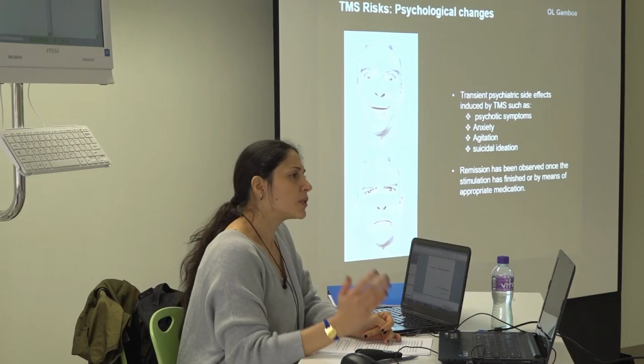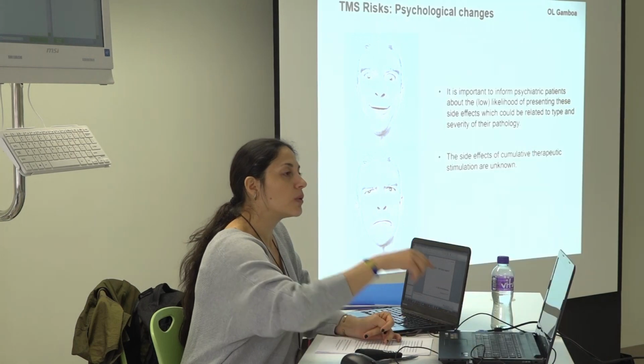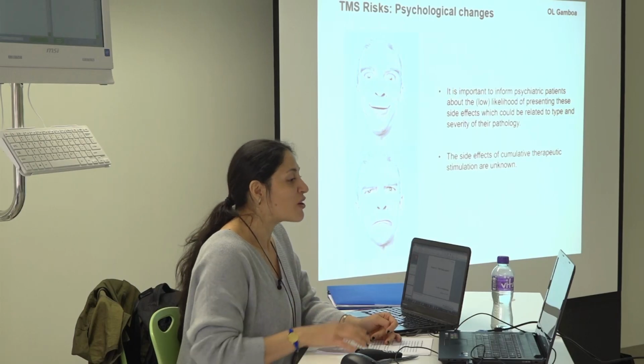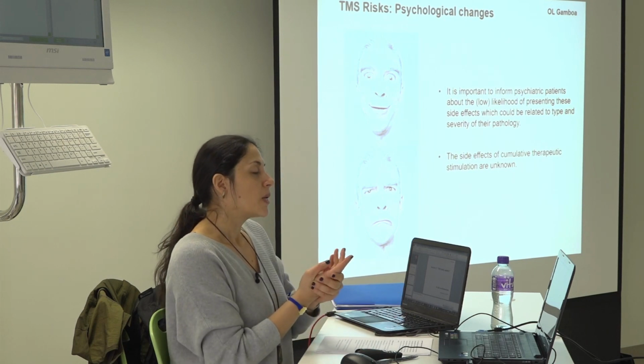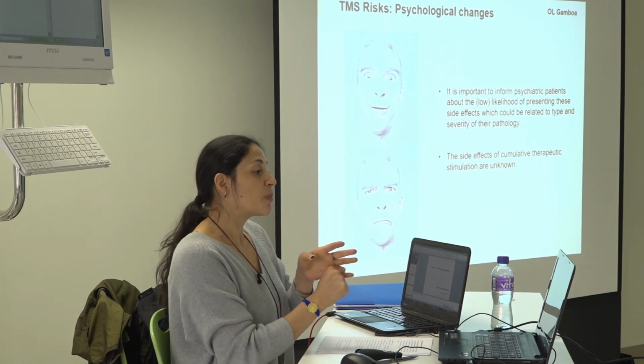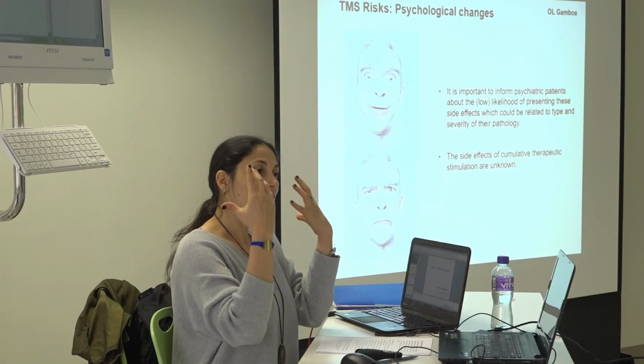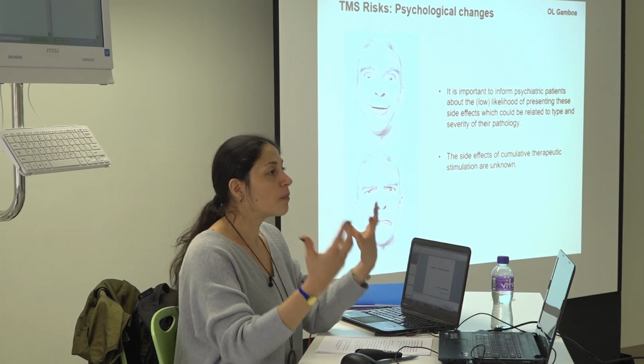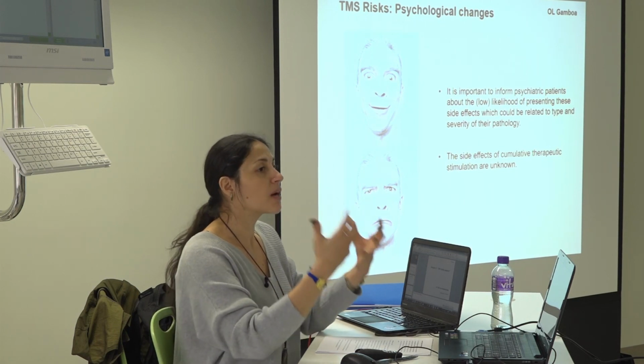But it's really important that when you are going to do this type of treatment, when you work with pathological patients, you need to take care with it. You need to observe. You need to inform them that psychiatric patients can have these effects. It's very important that they know, so they can make an objective and well-informed decision about whether they want to take part in the study or the treatment.